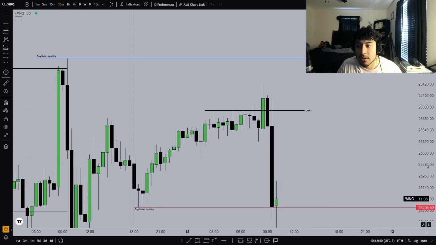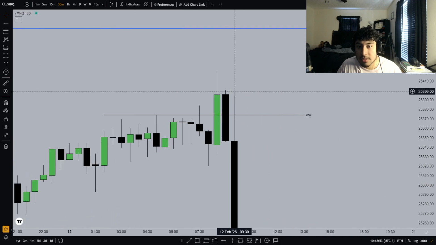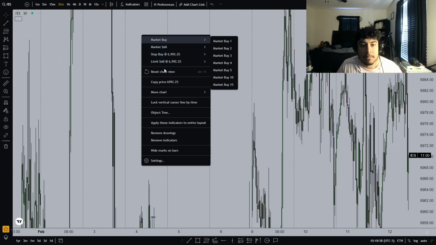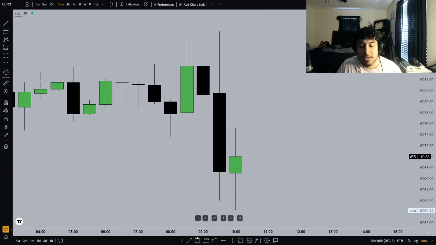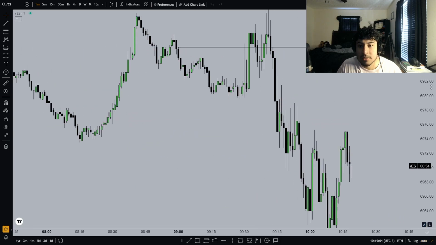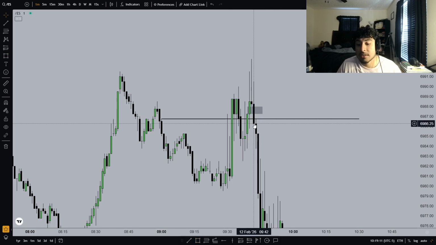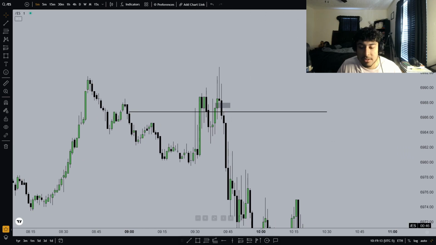If we can get that on 30-minute though, you see these highs. I think we do have SMT with ES, so let's go look. 30-minute. Yeah, we do. You can see ES swept the high. Let's see if we can find an inversion here on this one. Yeah, we can. You can find this inversion right here. This would have been the better trade, honestly. If I would have seen this, I probably would have taken it on this one.